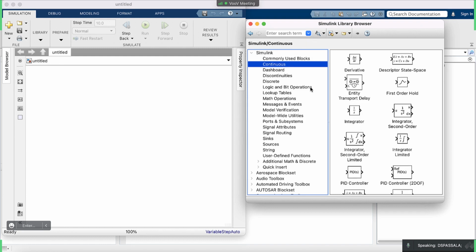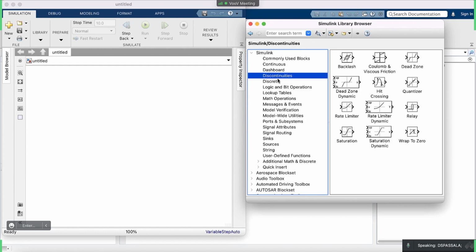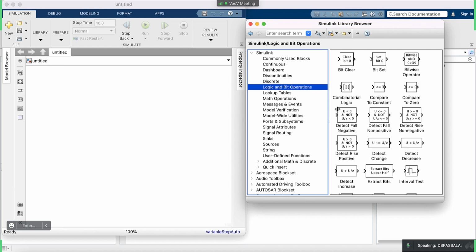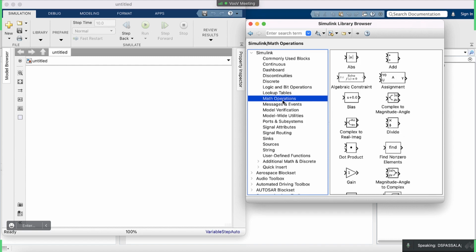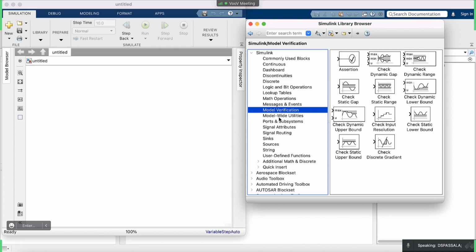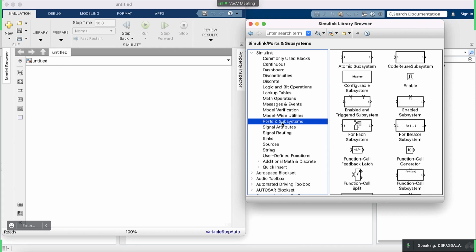continuous, dashboard, discontinuities, discrete, logic and bit operation，这个是布尔代数的，都可以在这里做的，lookup table, math operations 数学的计算, message and event, model verification, model-wide utilities, ports and subsystems,